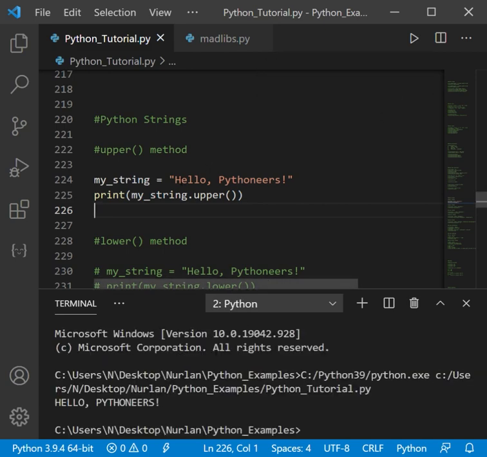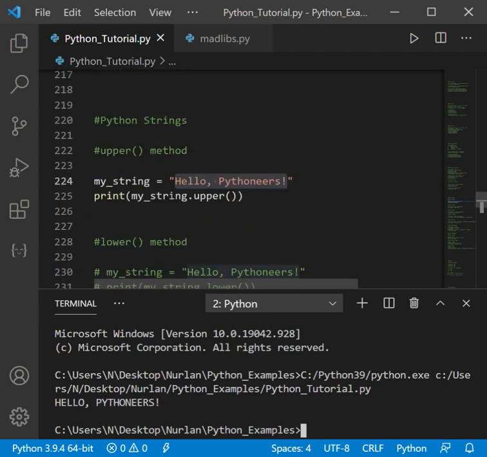As you can see, the string we had here turned into the string with all uppercase letters. In order to use that, you should just get your string, put a dot, and then call the upper method like that with